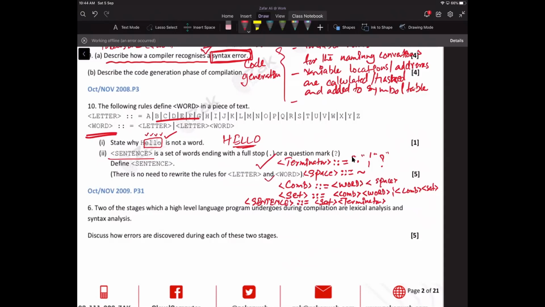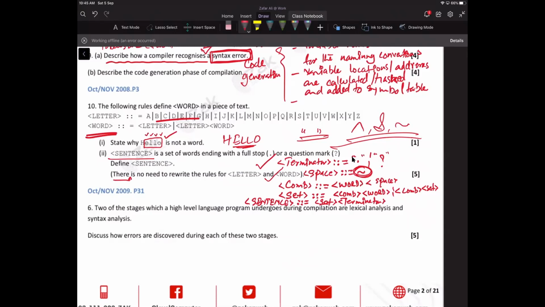What is a space? Space, since we cannot show a space, so you may take any of the character which is unusual character. You may take cap, you may take ampersand, you may take tilde, whatever. That is up to you. That you must take something, or sometimes you may take a space with double quotation. So that is a space. Then we have formed combination, because we understand that if there are several words, then every single word will be accompanied with a space in between. So that is what we call combination.